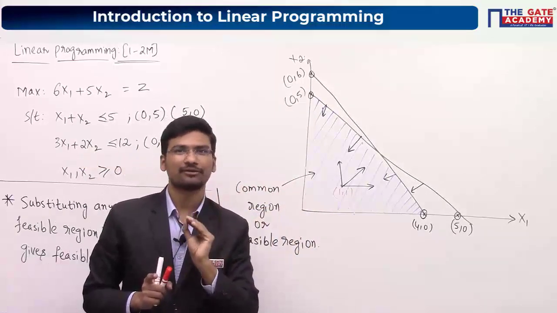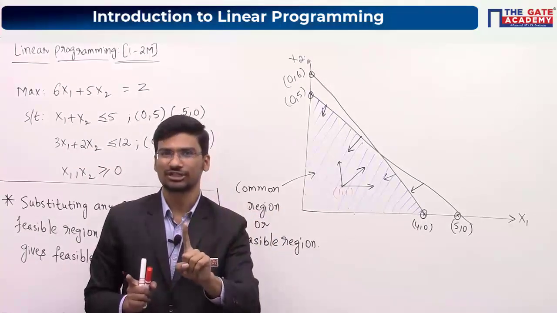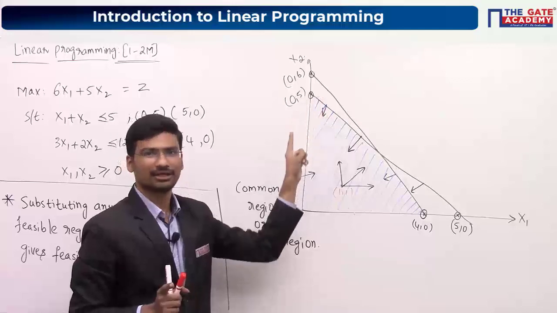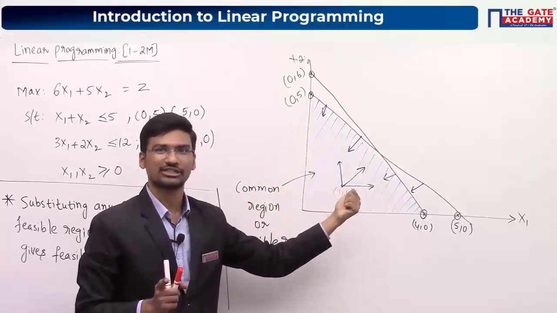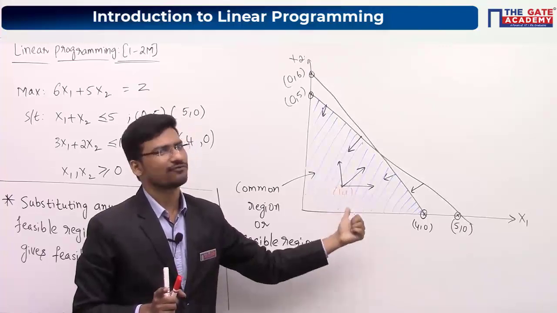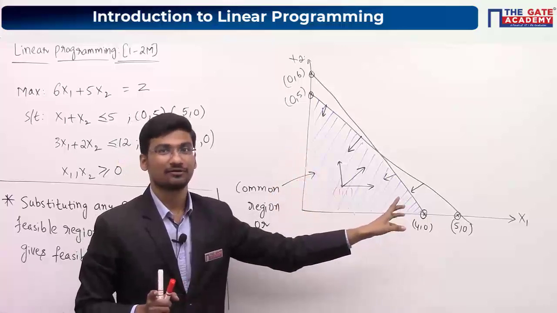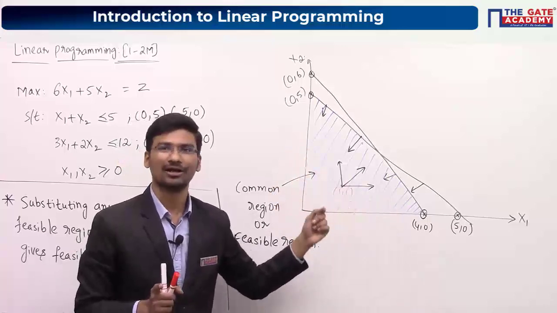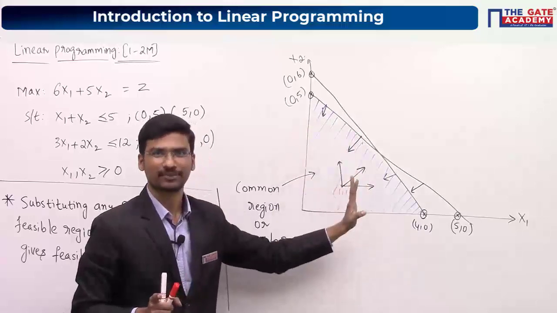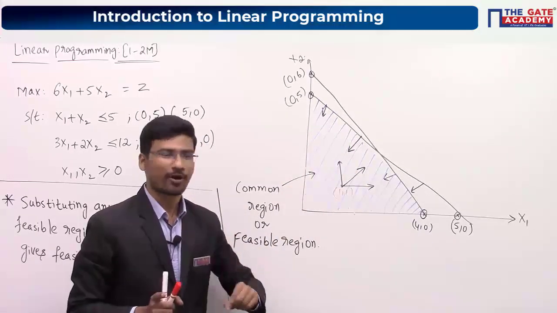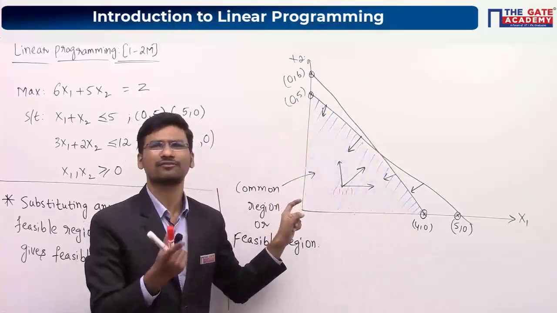The conclusion from this is that you will be getting a better solution. Listen to this statement carefully, because I am not saying optimal solution. You will be getting a better solution on the boundary of this particular polygon when compared to a point which is inside the feasible region. That is why we are not considering the points which are inside the feasible region. We are only interested in the points which are present on the boundary of the polygon, or the boundary of the feasible region.